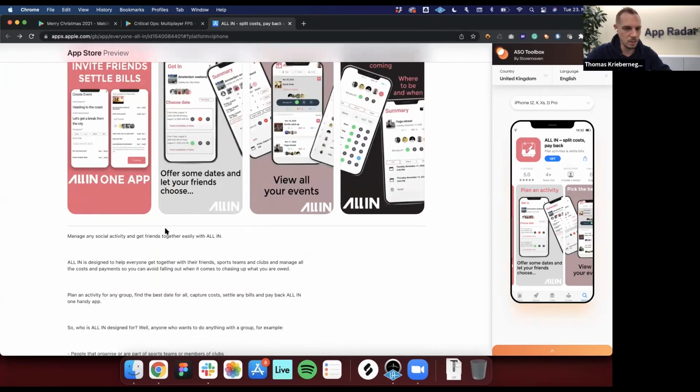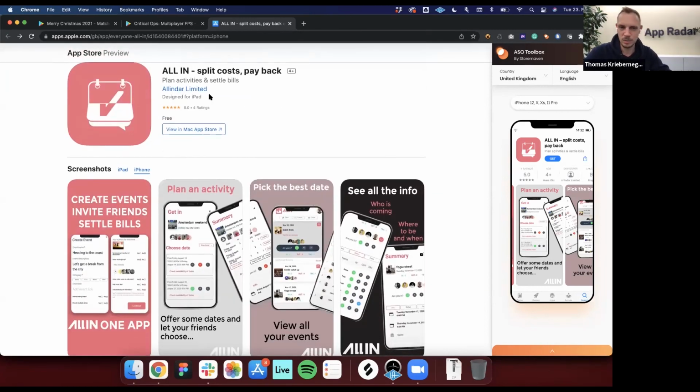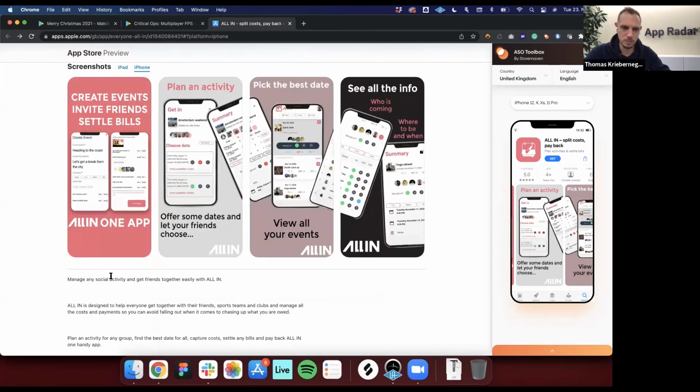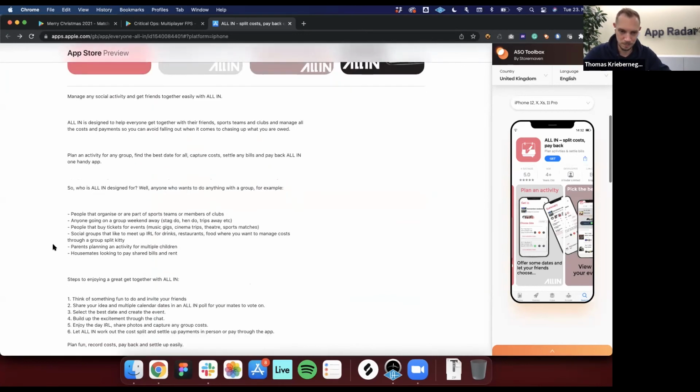And so therefore, also in the first sentence within the description, once again, not many people will read it, but a lot of people will read at least the first paragraph within the description. So therefore, it is very important that you nail the message, what your app is about, that you have this red line going through your app icon, ideally your title, your first screenshot, as well as your first sentence within the description. And you will make it a lot easier for the people entering your App Store listing to understand what your app is about. And if they understand what your app is about, chances are also higher that they're going to download it.